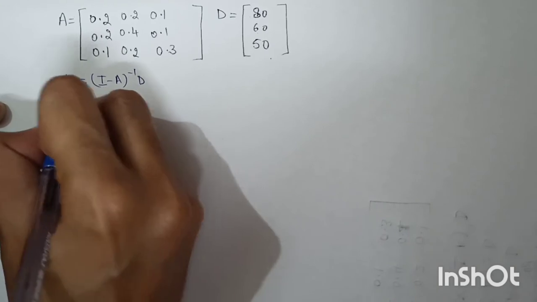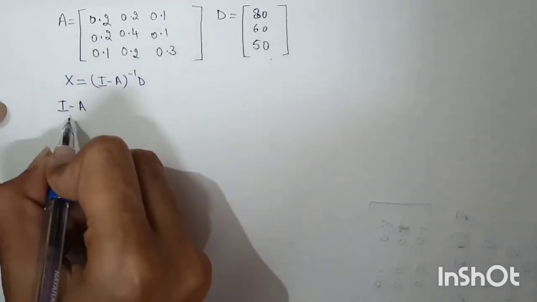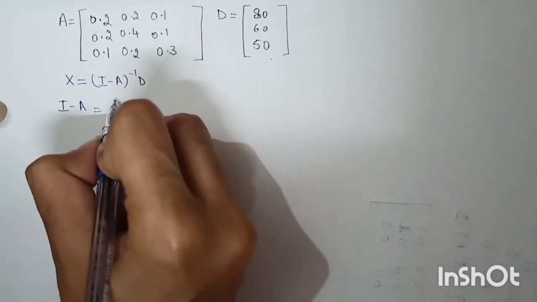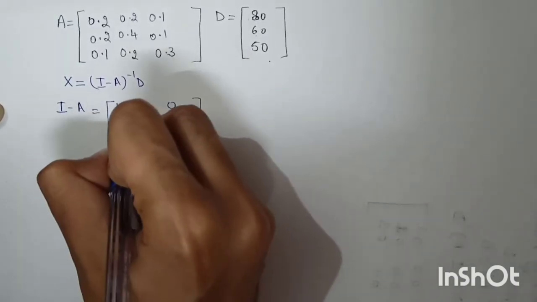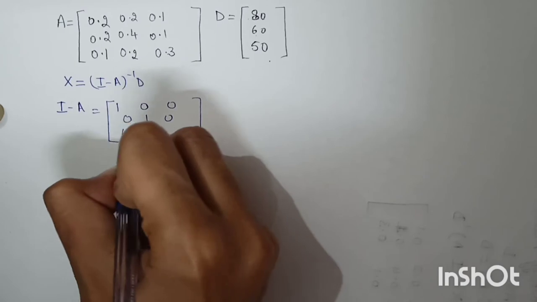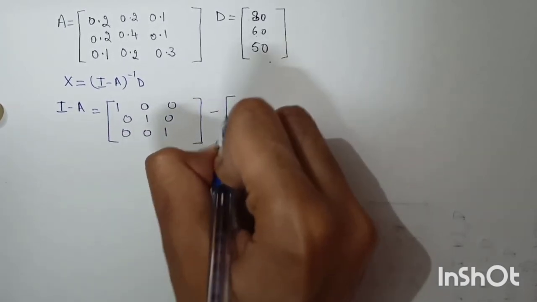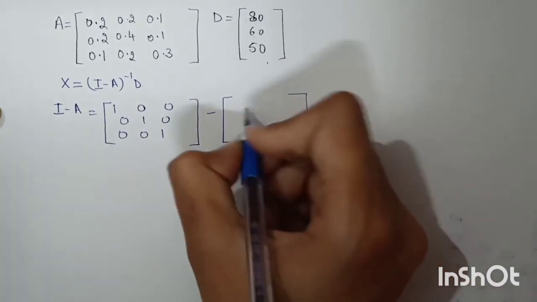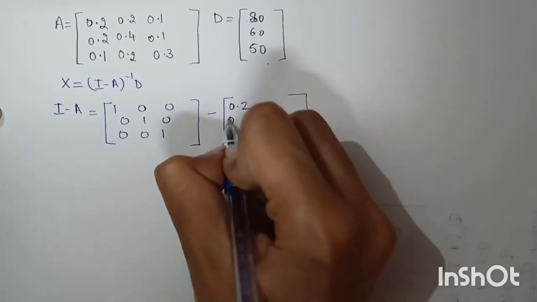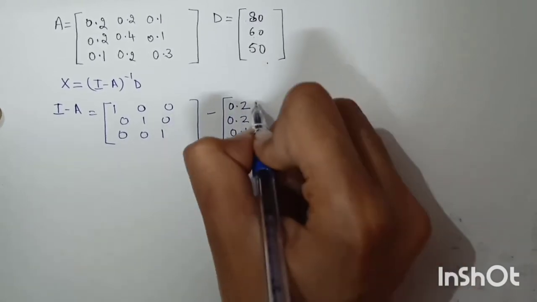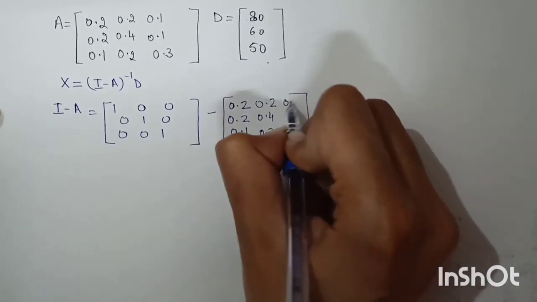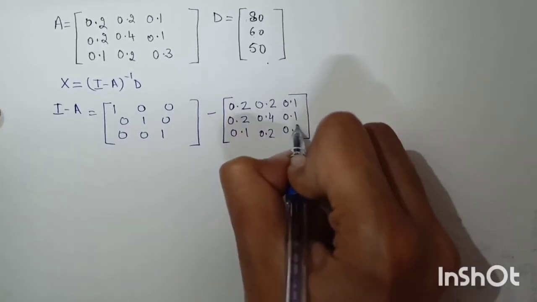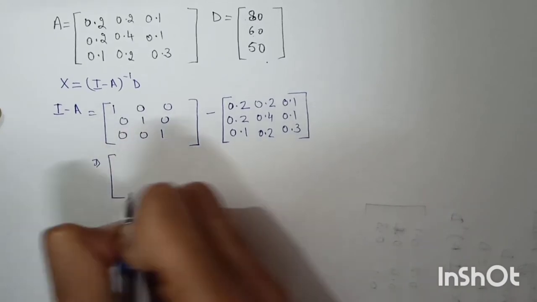For finding (I minus A) inverse, we first have to find I minus A, which is 1 0 0, 0 1 0, 0 0 1 minus our A matrix. Here our A matrix is our technology matrix. Now finding I minus A gives: